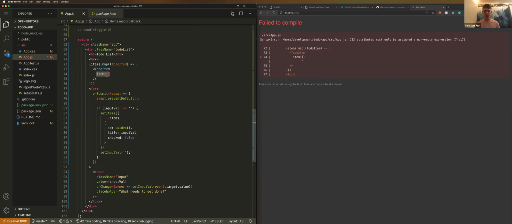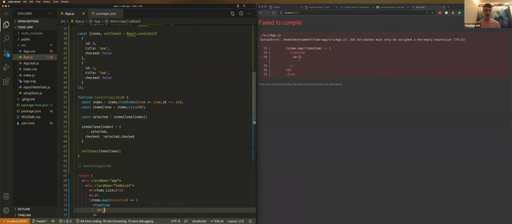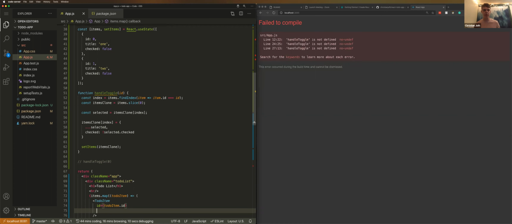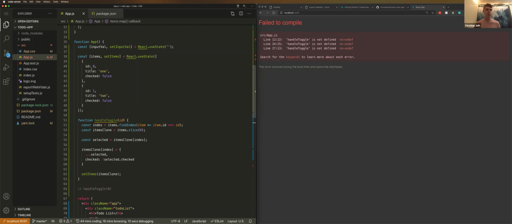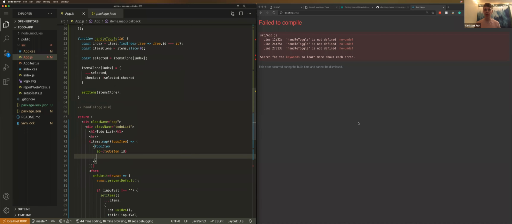So it's just better practice, or it'll make your life easier in the long run, if you try and keep these values as primitives, which I'm not sure if that means anything to you guys. But essentially like a string or a number, so not an object and not an array, that'll just make your lives easier. Since all the values in here are primitives, like we have a number and then a string and then a Boolean, which is also a primitive, if we were to just pass these values in directly, it's going to make our lives a lot easier, or it's going to keep our app more performant. You might not notice a difference, but as you build a bigger app, you'll start to notice performance issues and stuff. So I'm going to pass an ID